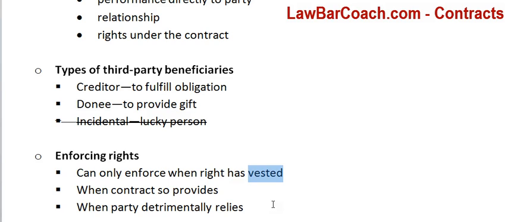I don't know why. Until it hits 70 degrees out, my friend can't sue for the rights because they have not vested. They may only be able to enforce the rights if the contract states a certain time for that. The intended beneficiary can only enforce his right when...